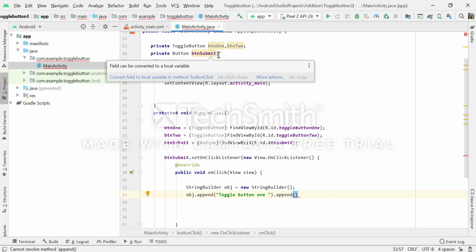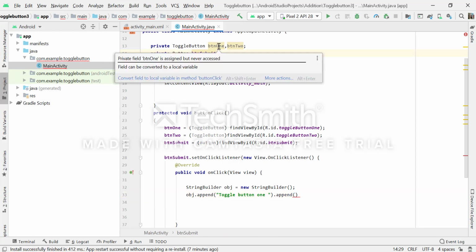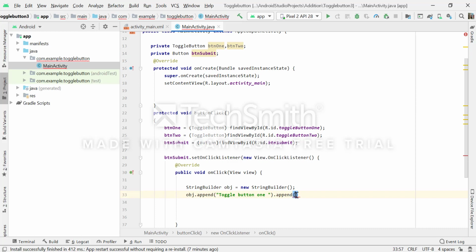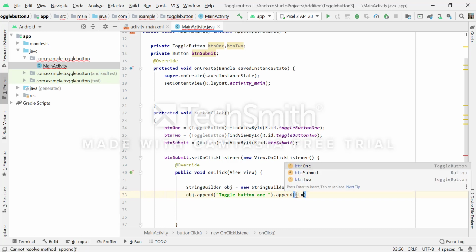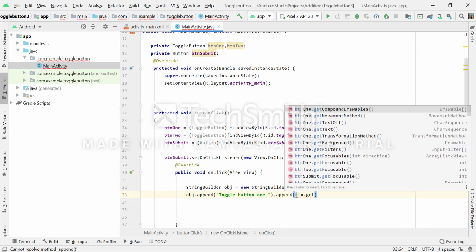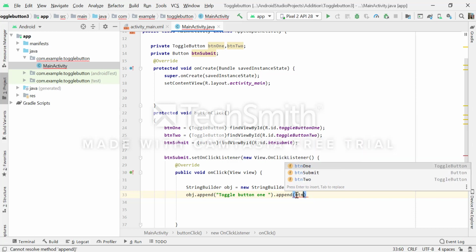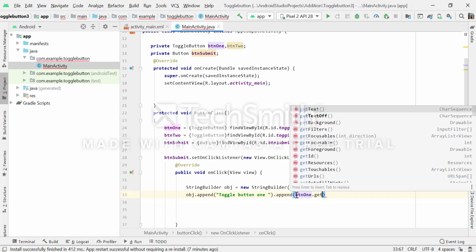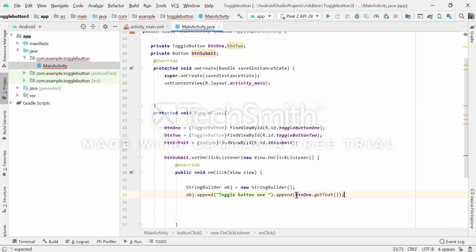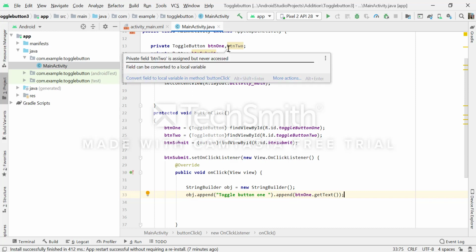In this case, I will use the btn1 reference of the ToggleButton class and get the text from the first toggle button. A similar operation I will perform on the other toggle button.